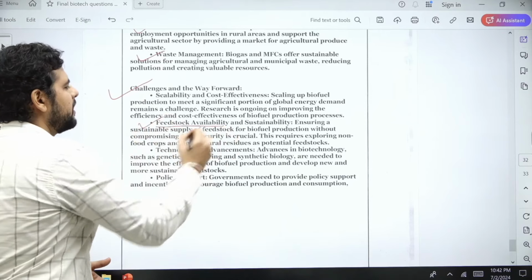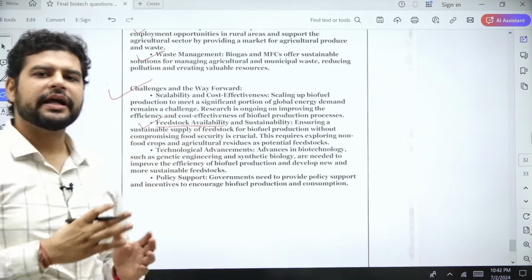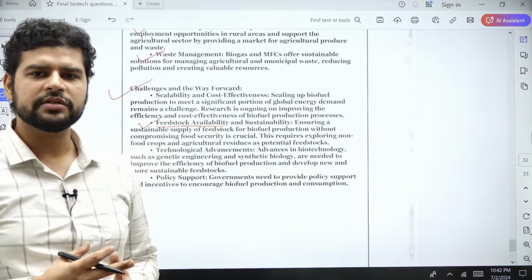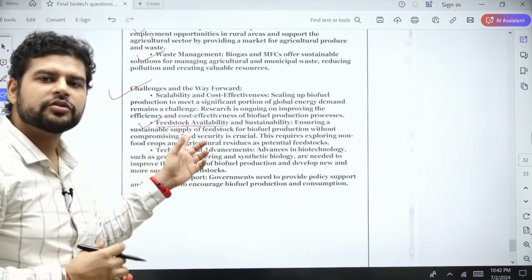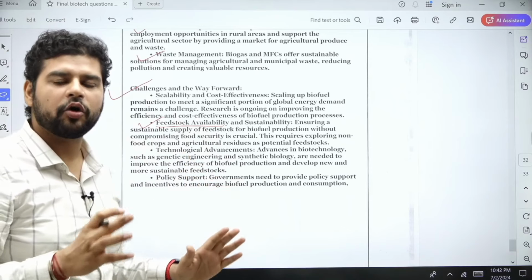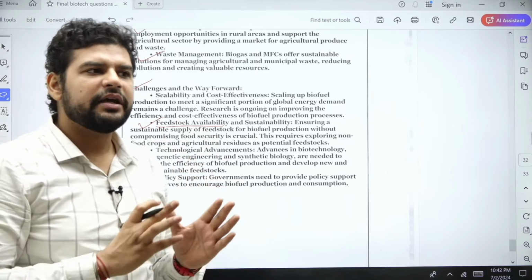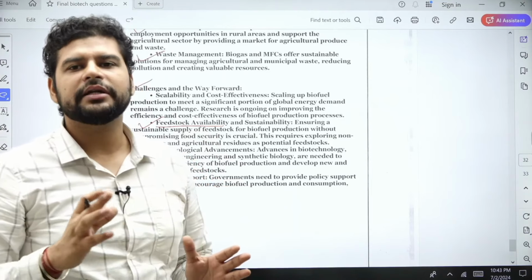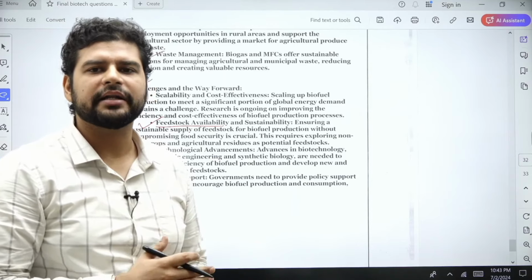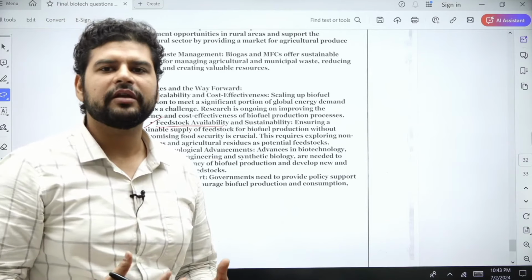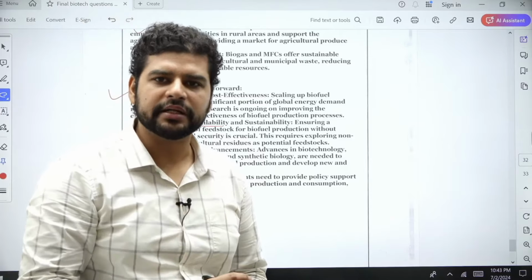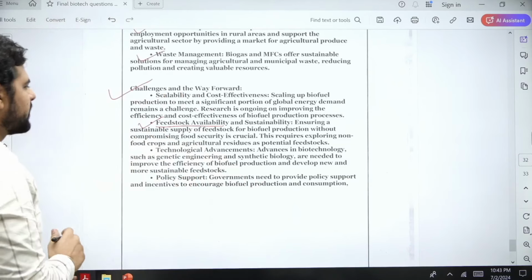Feedstock availability. Now this is an important issue because, like I've told you before, sugarcane and corn can be used to create, right, biofuels. So the thing is, you need to remember that we humans also use sugarcane and corn, right? So point is, if the biofuel industry is also demanding a lot of sugarcane, corn, and useful bacteria, which humans use, so there will be a competition. Hence, we need to find alternative feedstock, that means alternative raw materials for biofuels, right?